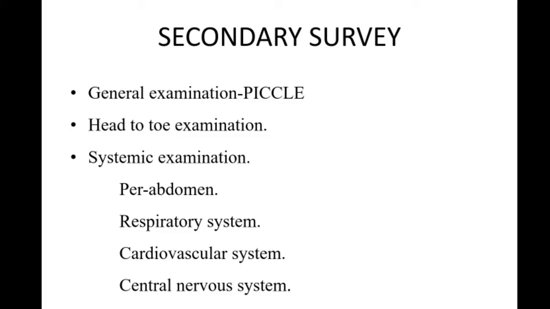Respiratory system examination. On inspection, trachea was central in position, chest movements bilaterally symmetrical, no distended neck veins, and intercostal retractions present bilaterally. On palpation, inspection findings confirmed, and percussion not done. Coming to auscultation, air entry decreased bilaterally in the infrascapular and axillary area. Then coming to cardiovascular examination, on inspection precordium appears normal and apical impulse is not visible. On palpation, apex beat is not felt, and on auscultation S1 S2 heard and no murmur.